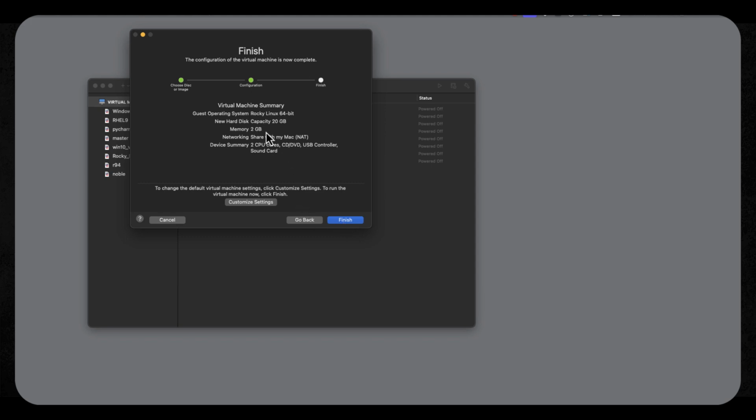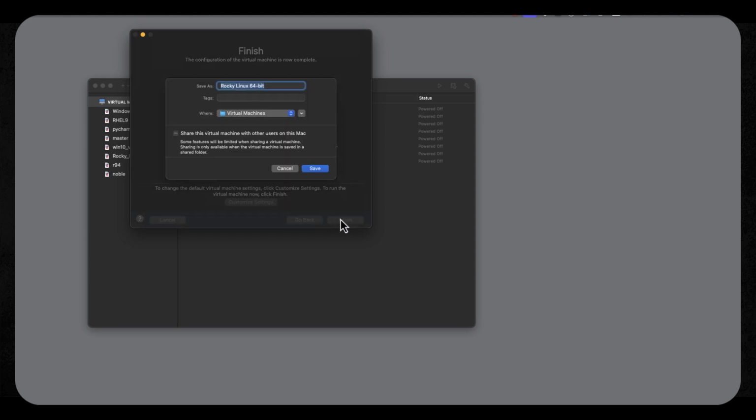Now we can then go through and just take a look at what it's showing me as far as the resources. So 2 gig of RAM and 20 gig of disk should be about okay. But obviously I could customize these settings if I needed. But I'm just going to continue by clicking, and we can go through, and I'm going to set a more reasonable name so that I can understand the name later. So I'm just going to call it Rocky_master, and then we're ready on this.